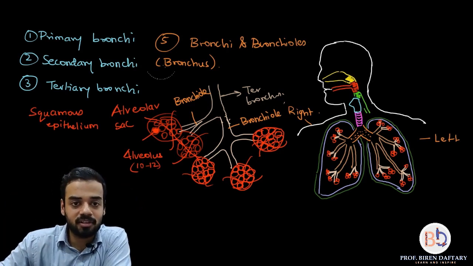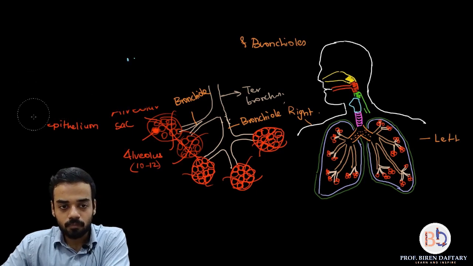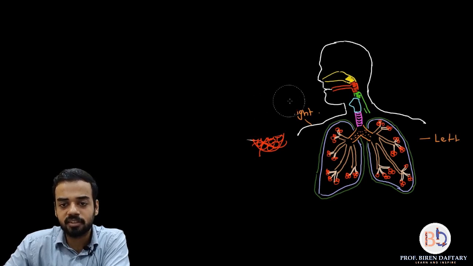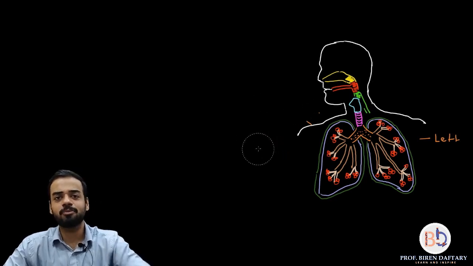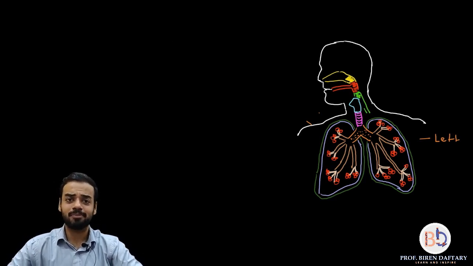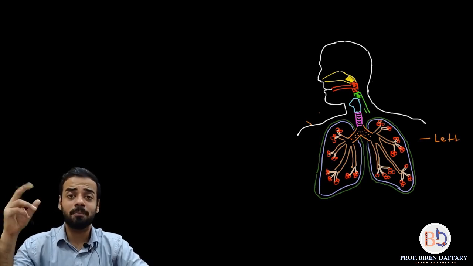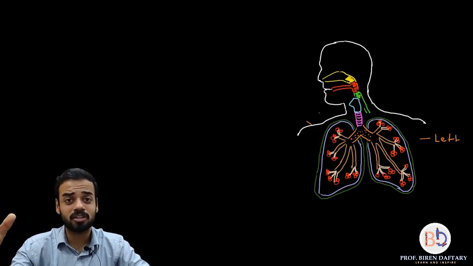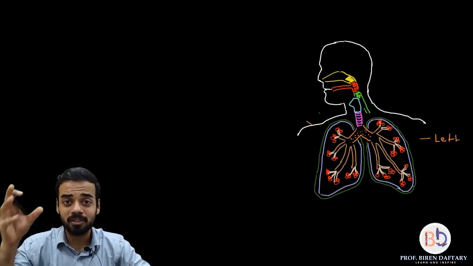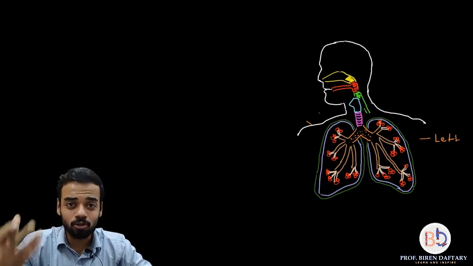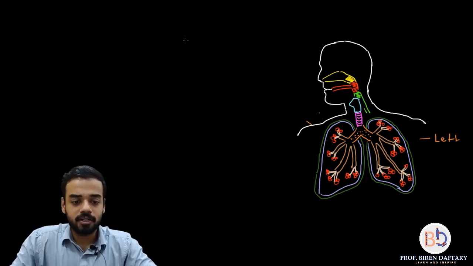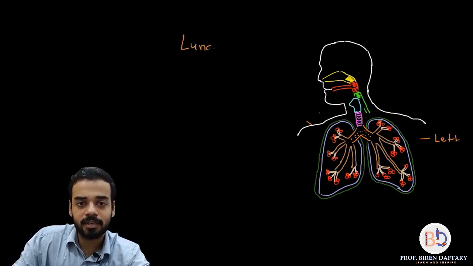So now let me just rub this off. You can always slow down the speed of the lecture if you feel that the lecture is going fast. I think I'm going at a reasonably slow pace, and this anatomy of the respiratory system is probably the easiest anatomy. Please remember that. If you compare it with the digestive system, nervous system, reproductive system, all those other systems are much more complicated to study. This is probably the easiest one. You might have to read it once or twice to remember it, but it's very easy. Anyway, coming to the last part of the respiratory system, and that is the lungs.